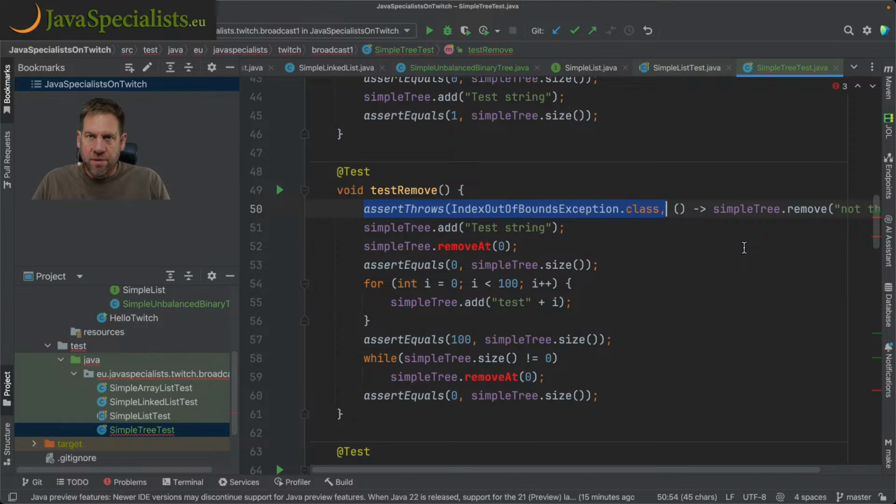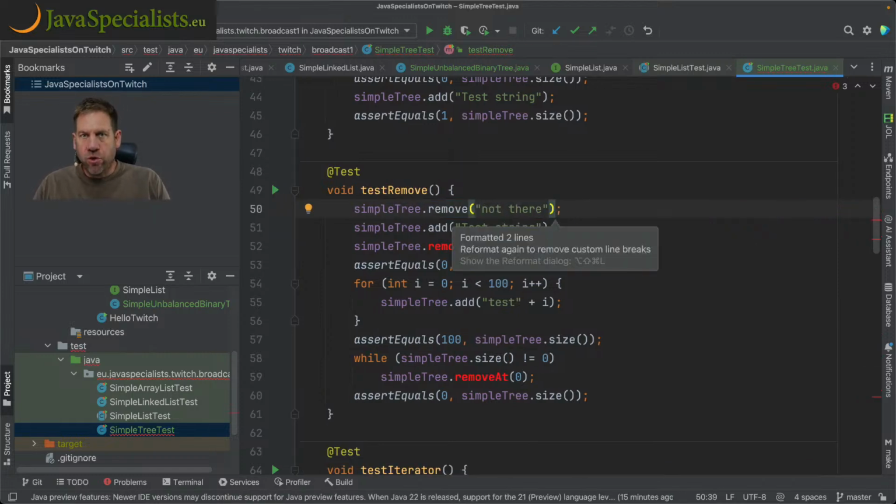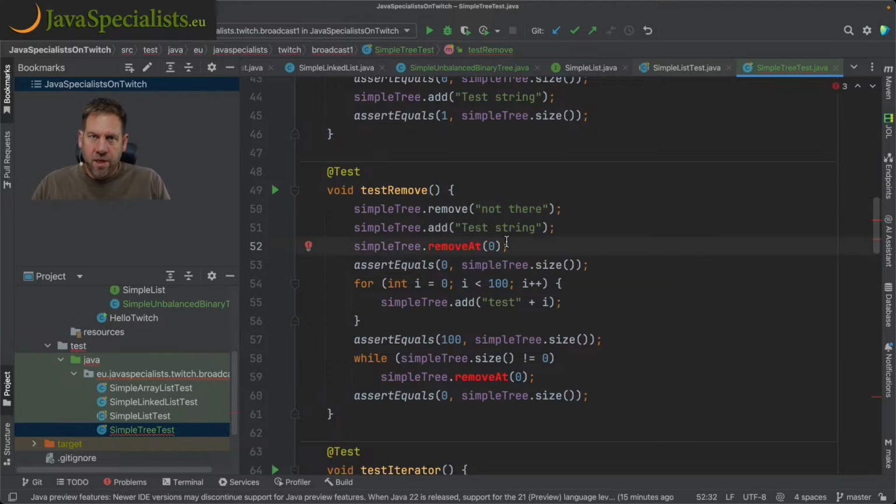I'm just going to test for that. And probably what you want to do is to return whether or not it actually removed it. And we're going to just remove this again. Remove just the string. And yeah, I'm not sure about this one. I think I'll leave this one out because